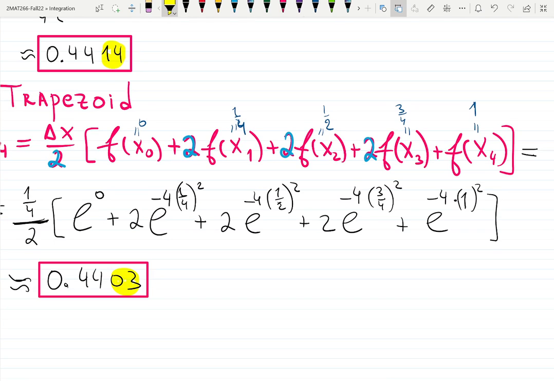0.4414 or 0.3. So which one is better? Again, does it matter if you work with space science? Probably not. A couple of kilometers here and there, who cares? But again, I told you, if you're working with microscience, which is microbiology, engineering with lots of small details, then that's